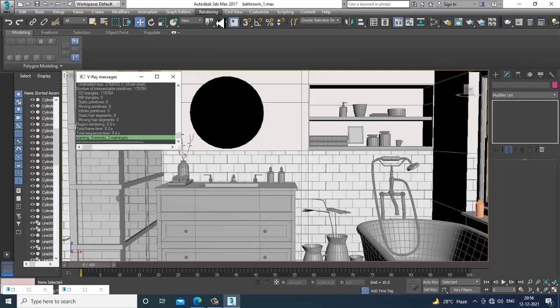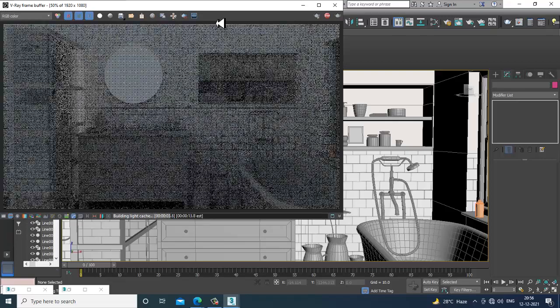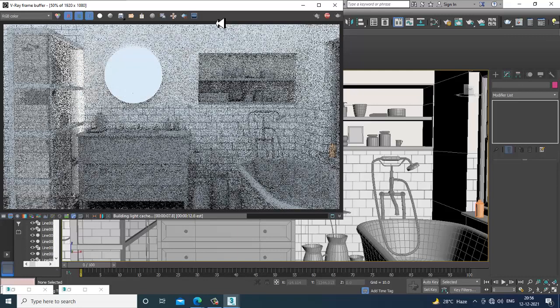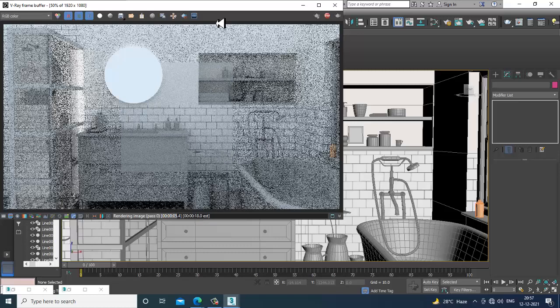You can just render and see how it looks. You can definitely add different materials. So you have just added two materials right now, nothing else.